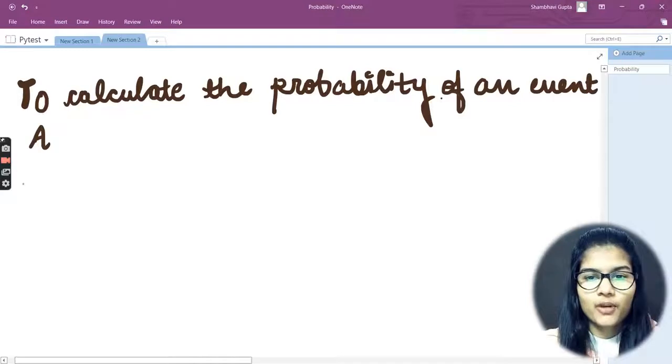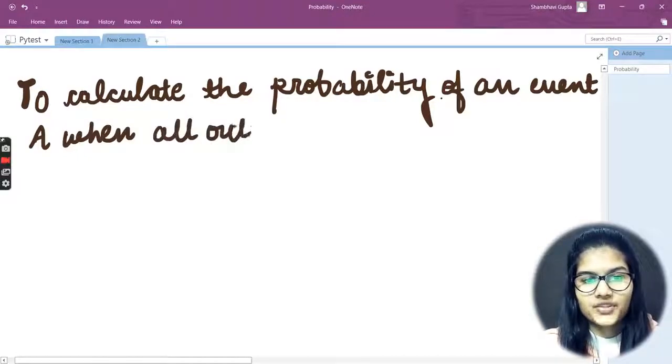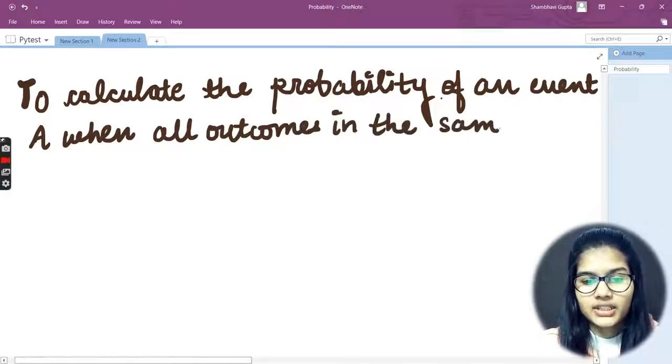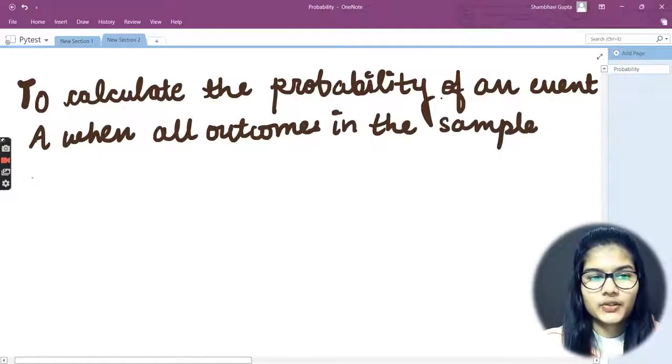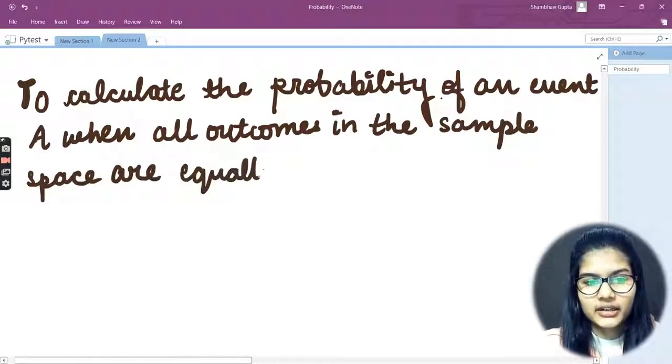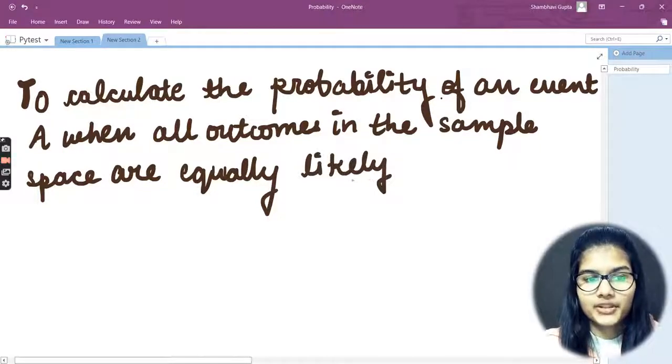So for calculating the probability of an event A, when all outcomes in the sample space are equally likely, okay, when all the outcomes in the sample space are equally likely,